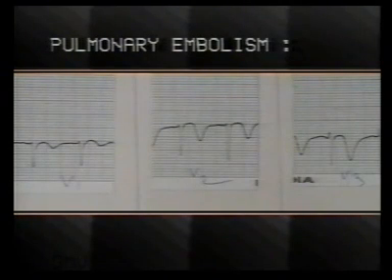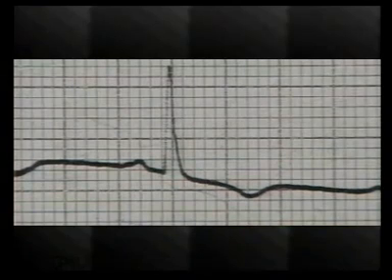The fifth cause for T wave inversions with acute chest pain is pulmonary embolism. Inverted T waves with raised ST segment as seen in myocardial infarct are seen in leads V1 to V3. This picture with inverted T waves in 3 and AVF suggests acute pulmonary embolism. But these changes are not diagnostic and have to be supported by clinical and other evidence.